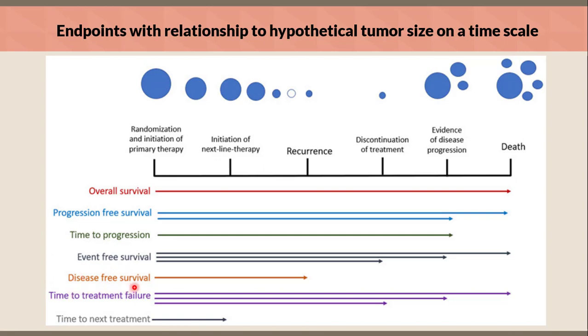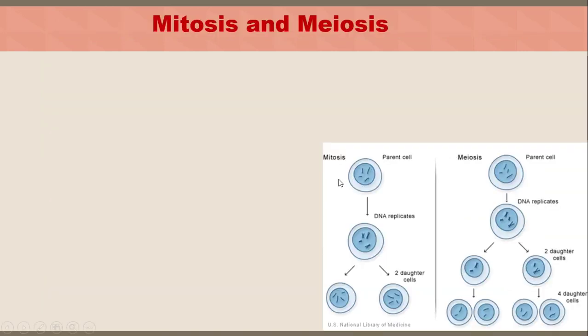Time to treatment failure starts from the randomization and the initiation of the primary therapy until the discontinuation of the treatment for any reason or evidence of disease progression or even death. Time to next treatment starts from randomization and the initiation of the primary therapy until the initiation of next line therapy. That's it. To understand chemotherapy classification and the mechanism of action, we should take a little bit of a deep dive